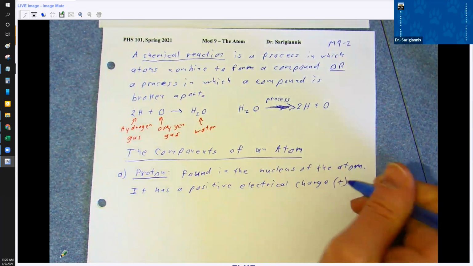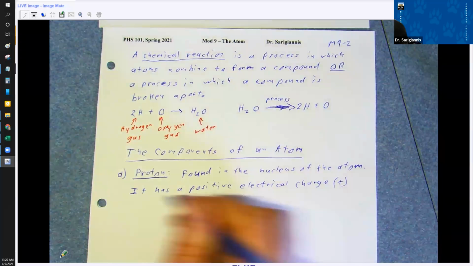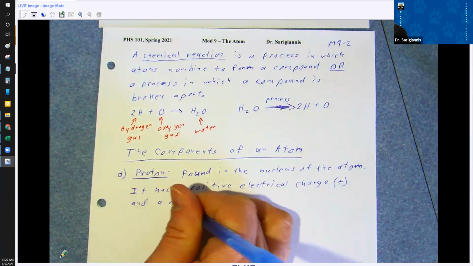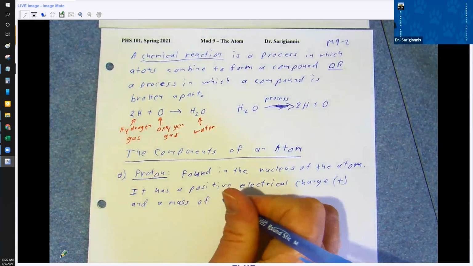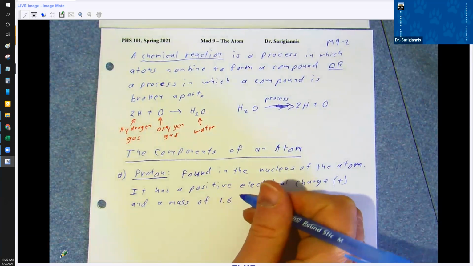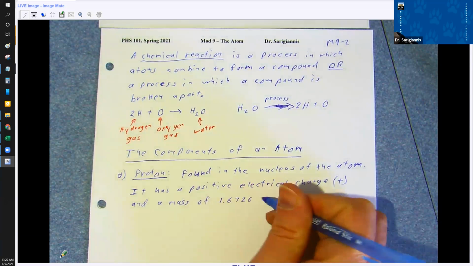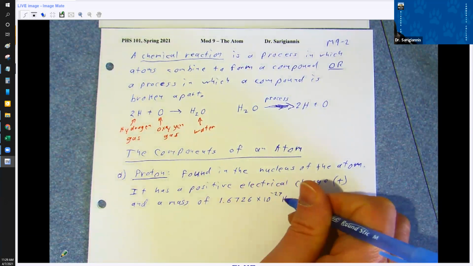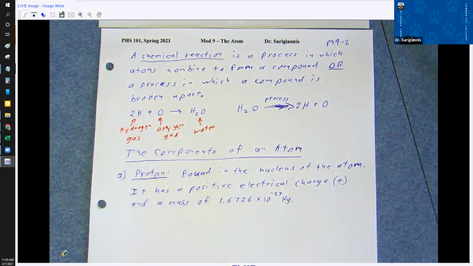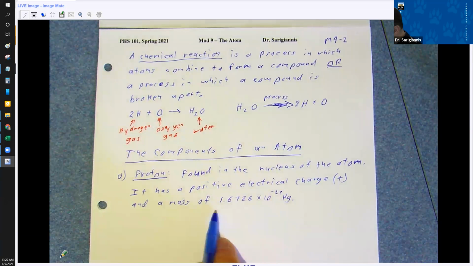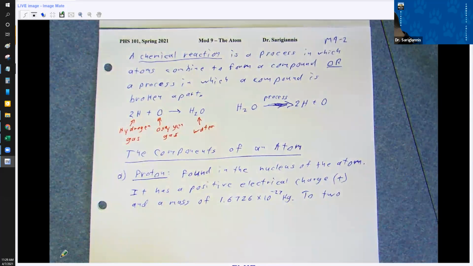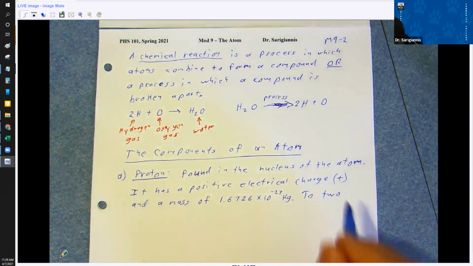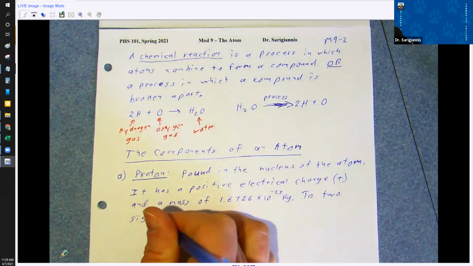And so you'll see that written as positive, and a mass of, now you don't have to memorize this number, 1.6726, I don't even remember offhand, times 10 to the minus 27 kilograms. This is the mass of a proton. If you take this to two significant figures,